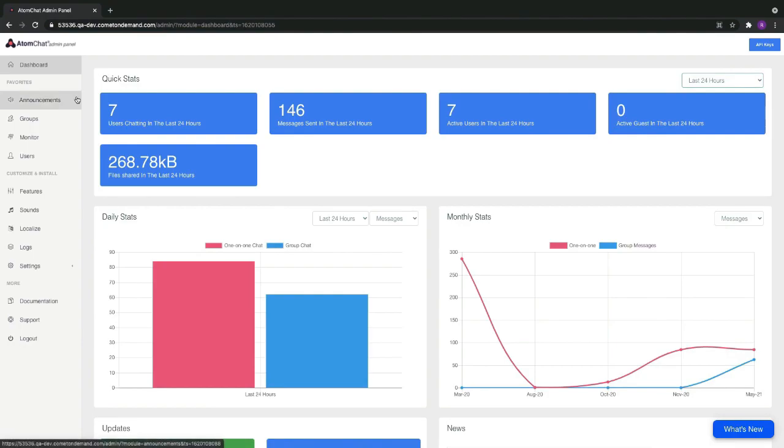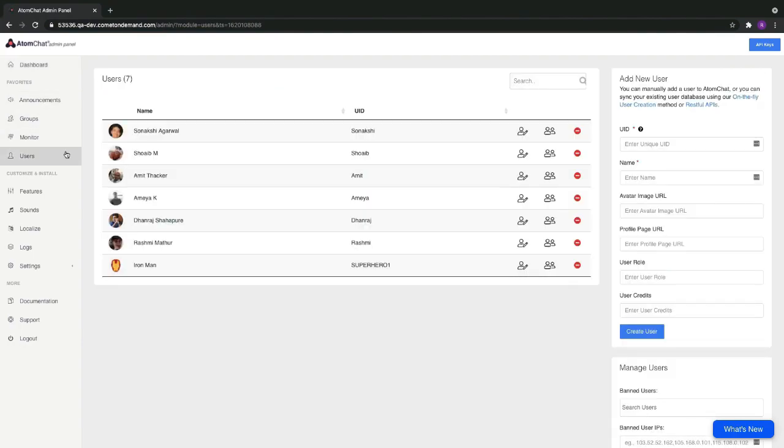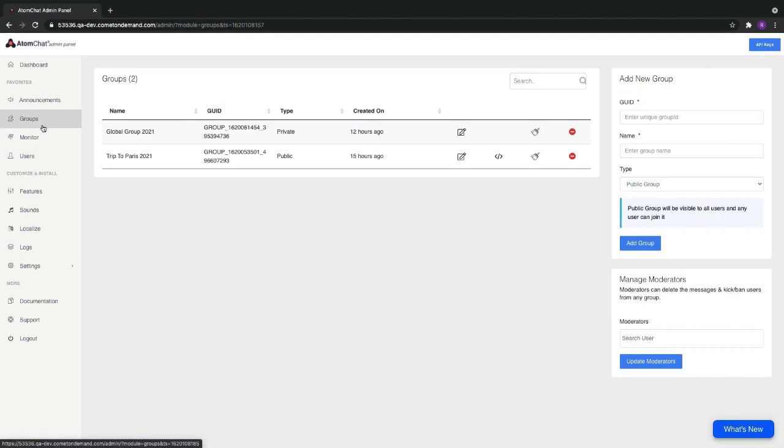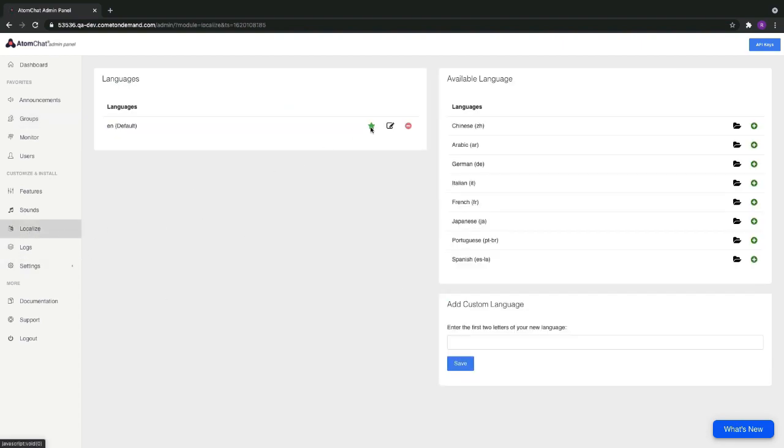AtomChat also comes with a powerful admin panel that lets you do a lot of configuration and a lot of settings. Let's have a look at it. So the first thing that the user will see is a dashboard, which is basically the snapshot of how the user base is performing. Then you get things like user and group management, and you can do a lot of customizations